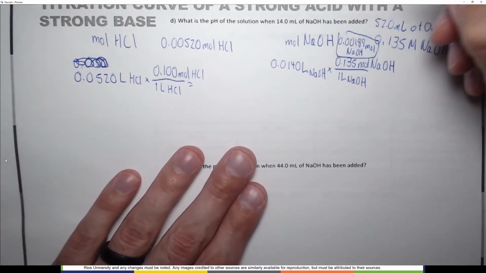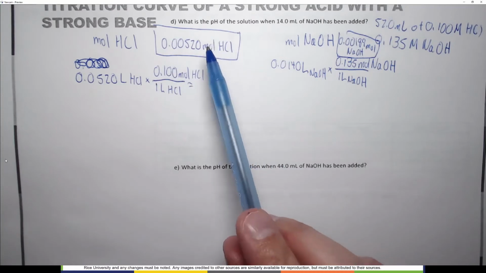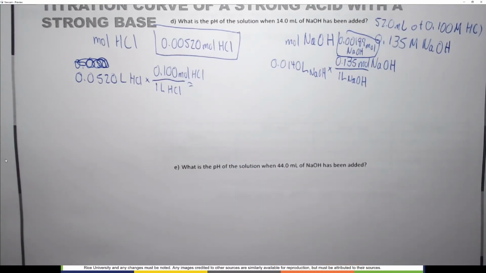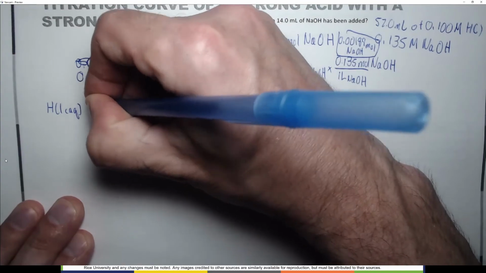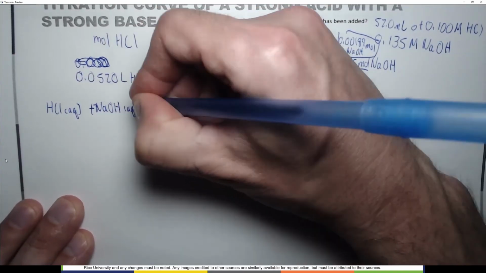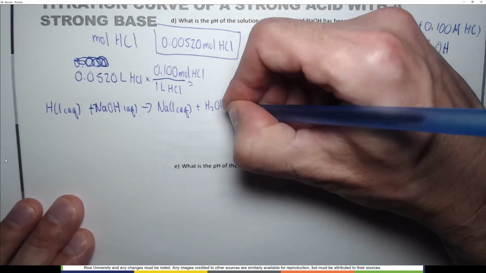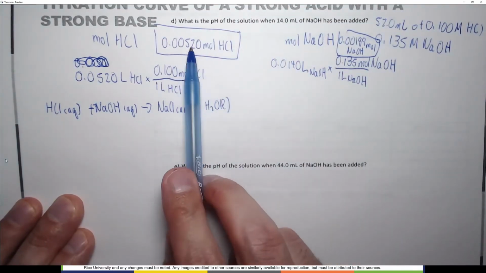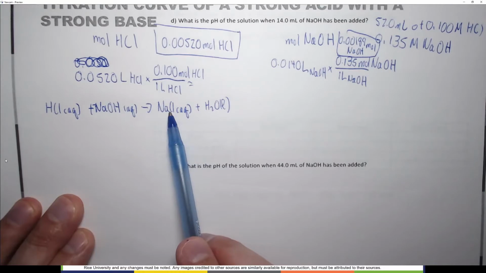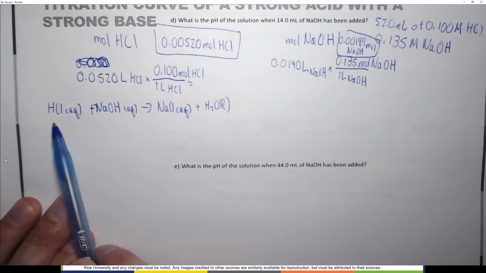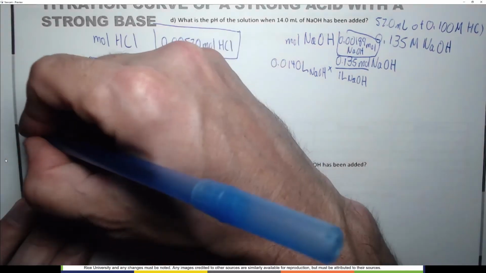So I have this many moles of NaOH and this many moles of HCl. Not surprisingly, we are going to have more HCl than NaOH. But remember that HCl aqueous reacts with NaOH aqueous to form NaCl aqueous plus H2O liquid. So for every mole of this I started with that reacted with a mole of this, I'm going to turn that into NaCl. Said another way, I'm going to have less HCl than I started with because some of it reacted with the NaOH. Specifically, to calculate the current